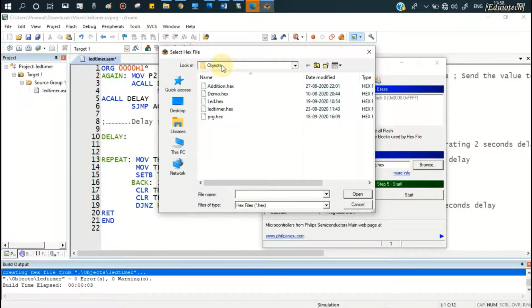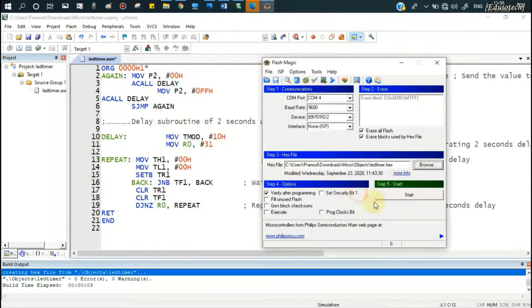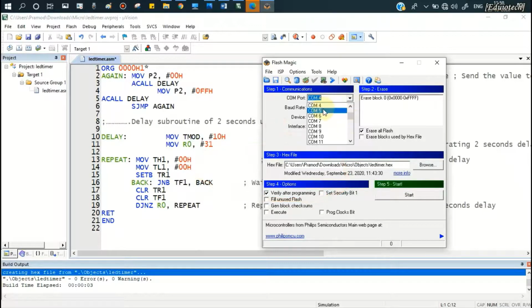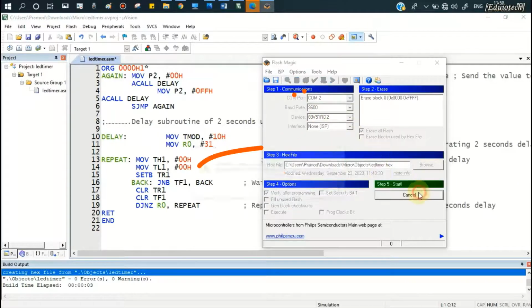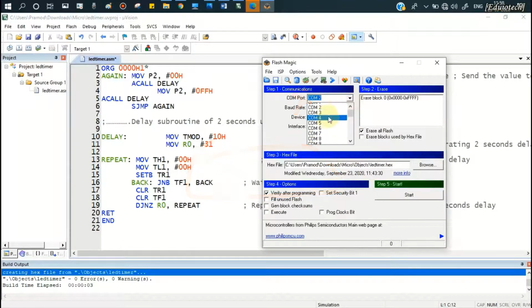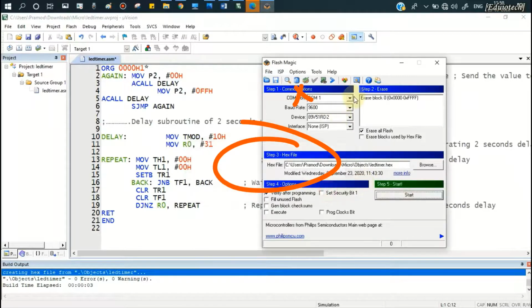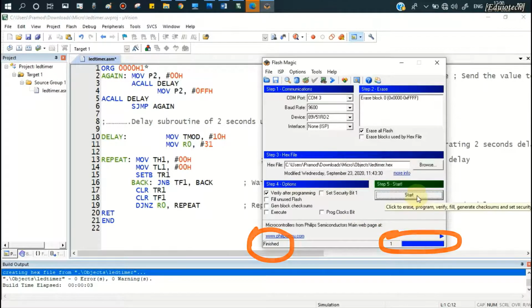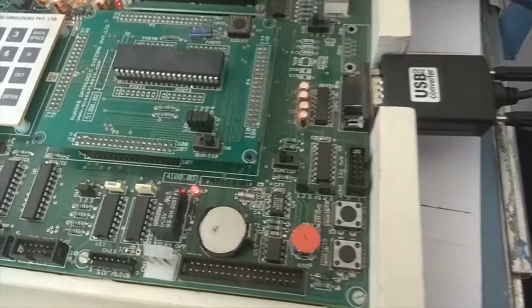Look, this file is available in the object folder where the project and our source file have been saved. Click on Start. Reboot the development board by switching it off and on, or reset it using the reset switch. After finishing, reset the device again and check.